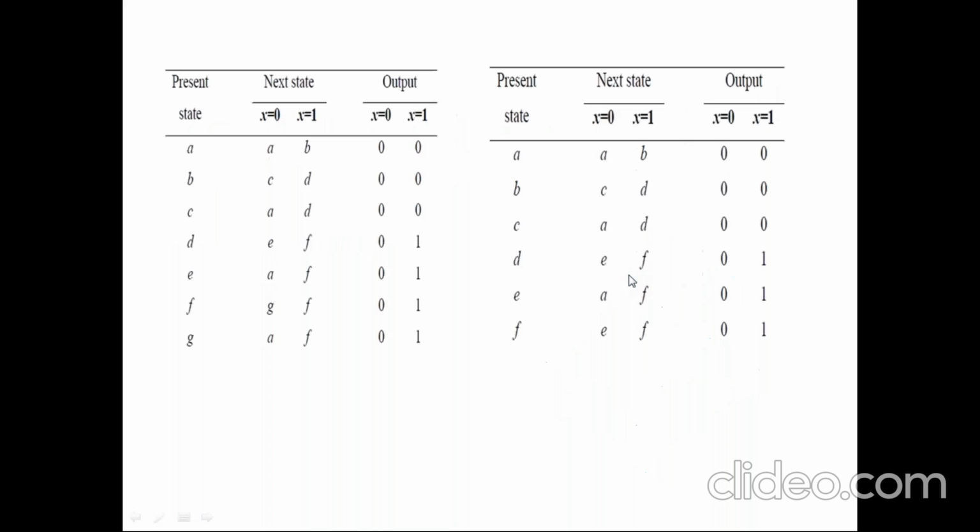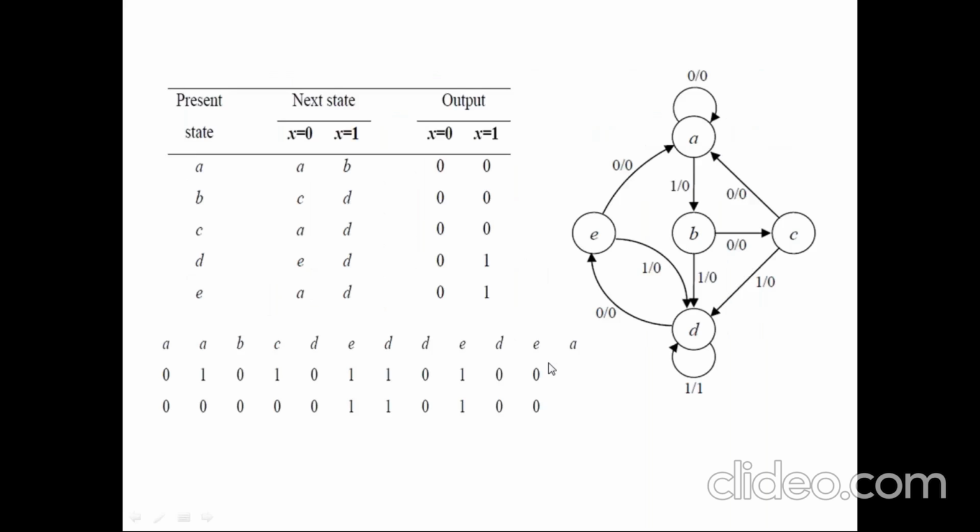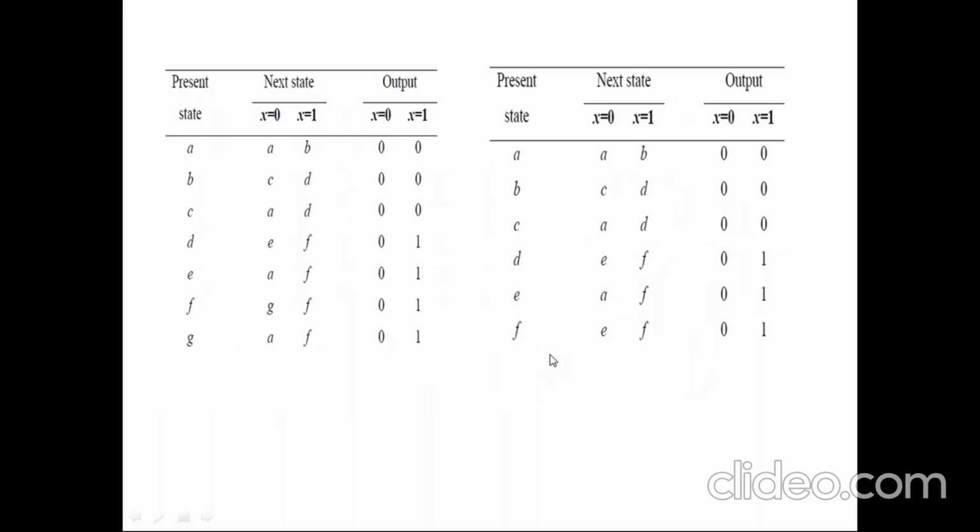So now if you see, the two states are equal, E and G. Here AF is there. Moreover, only if the output is also the same, I combine these two states. I combine E and G, then eliminate G and keep only AB, CD, EF. So now if you observe, check whether AB is available anywhere else. There is no AB. CD is also not available. AD is not available. But EF is available here also.